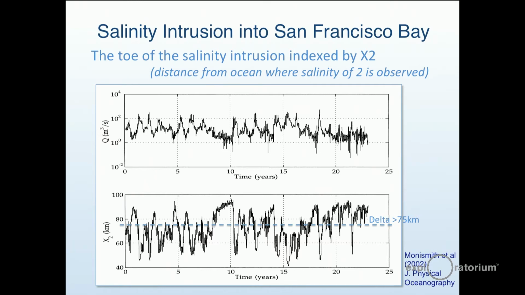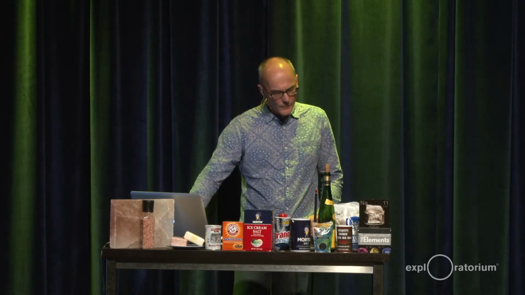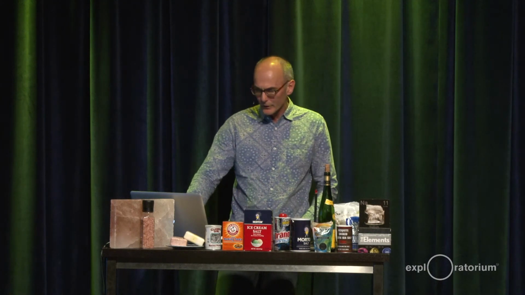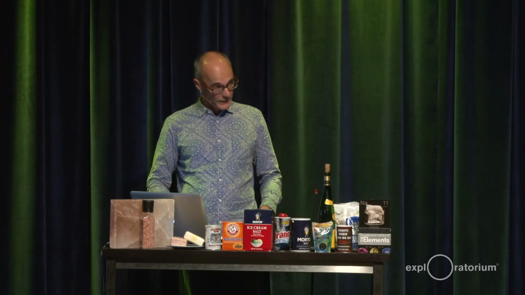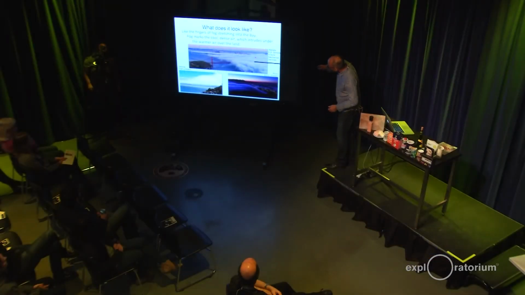So suddenly we've moved from some chemistry to the water density, to the circulation in the bay. How does the water move in and out? Difficult to envisage, but probably the best way to envisage the salt wedge is to look at the fog. It's the same thing, really. Trying to find some good pictures of fog is really difficult, because when you try and take a picture of fog, it's foggy, and you cannot see it so well, so you have to sort of be in the airplane at the right time. So I struggled to find them, but this one gives a pretty good idea.